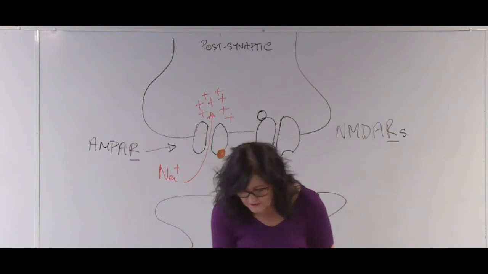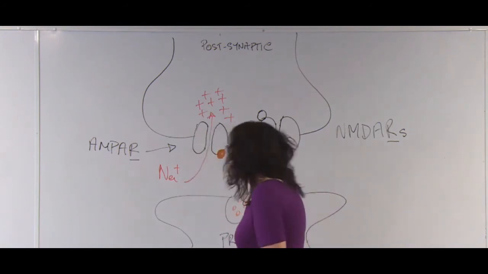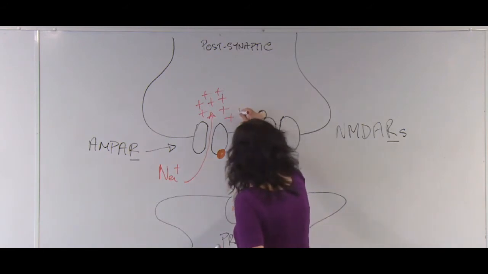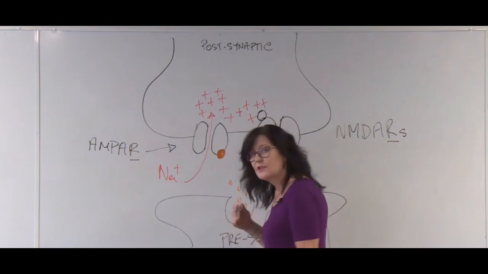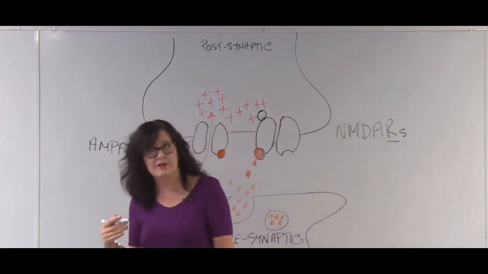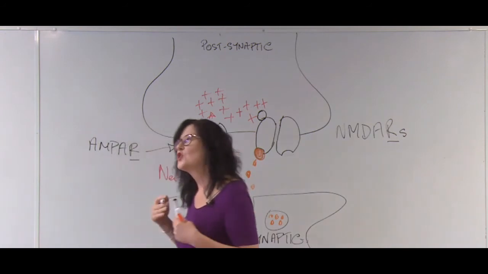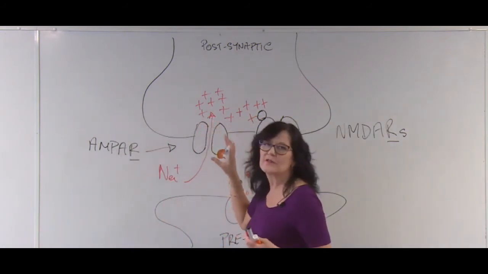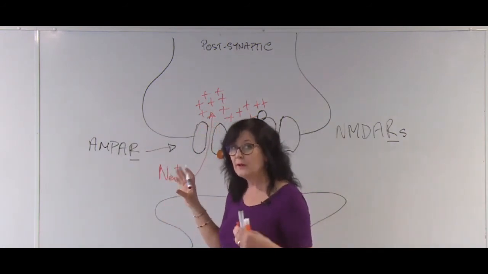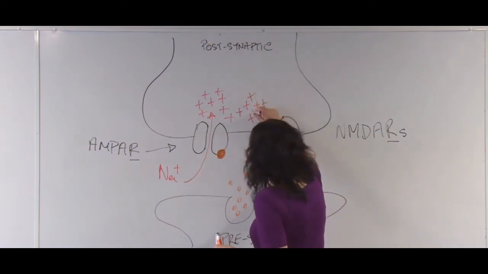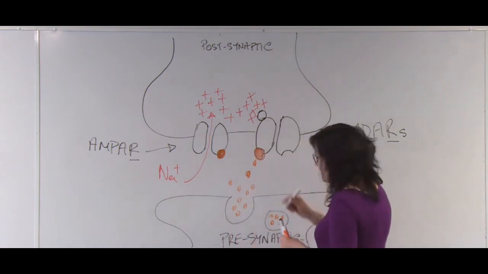But what it also needs is two other things. It needs that depolarization from the AMPAs to hit the voltage sensor, so the voltage sensor reaches threshold. And it's got quite a high threshold, so it needs strong depolarization from the AMPAs before it will do anything. Yes? So strong depolarization, glutamate binding,